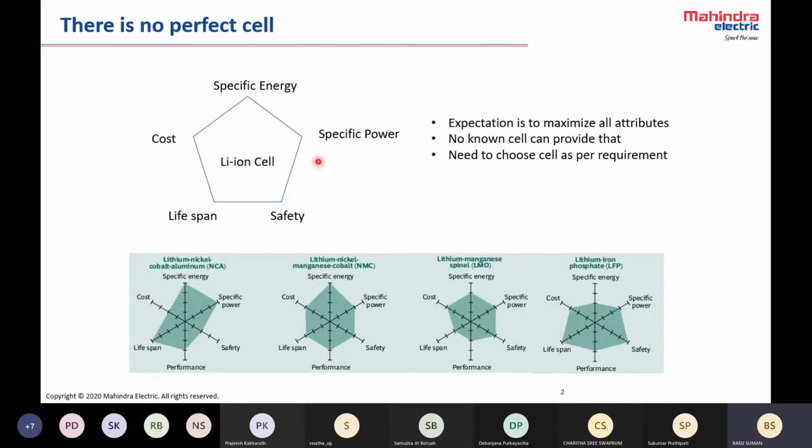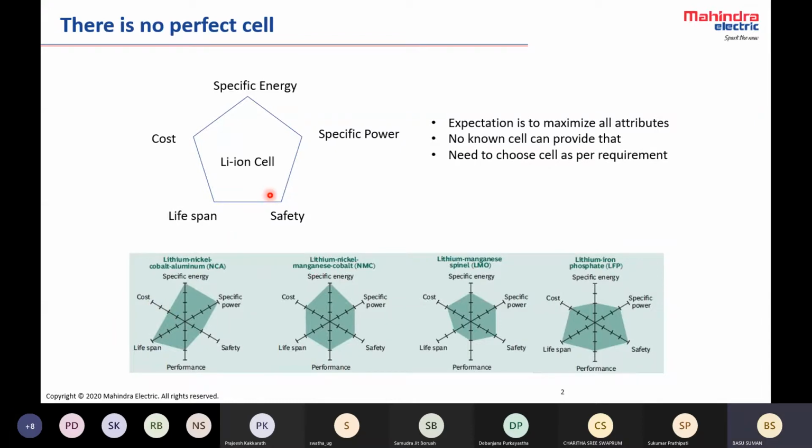Very simply, the problem is, if you want to have a high specific energy, generally the specific power goes down. Now, if you have some chemistry where energy and power both are available, in most of the cases, let's consider NCA. This is nickel, cobalt, aluminium cell. Energy and power both are very good, but neither is safety so good, nor is cost so good. So here,